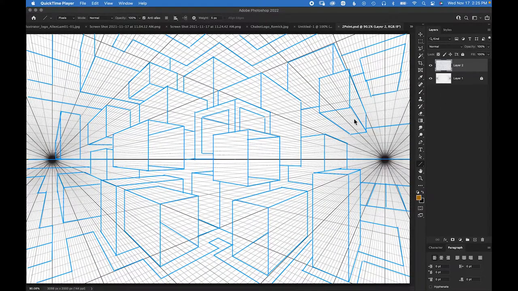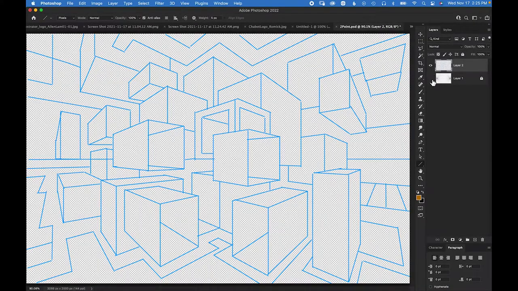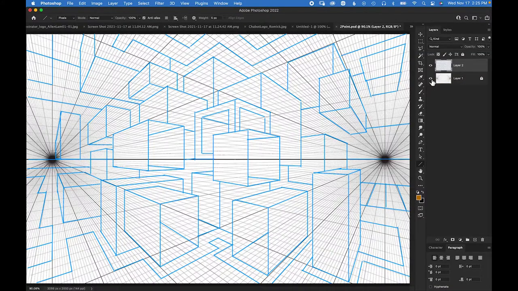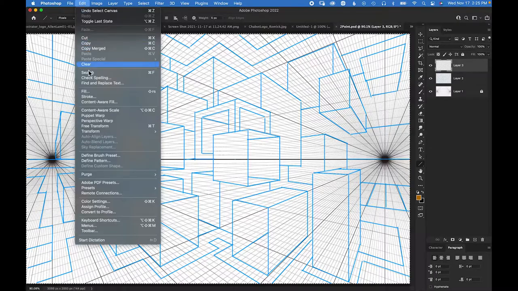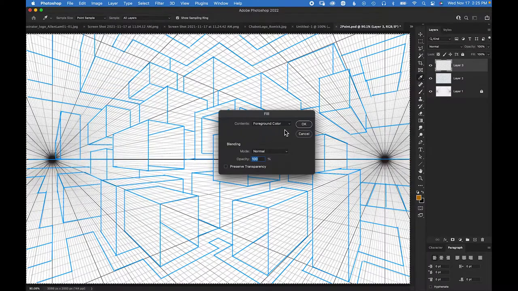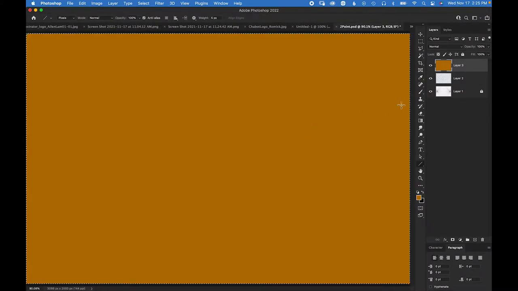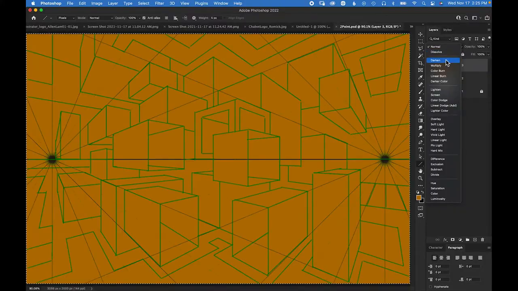I have my two layers. I combined my layers, so it kind of looks like this. That looks good enough for what I'm going to play around with now. I'm going to create another layer and fill it. I'm going to select it all, and then come under fill with the foreground color. I've selected a brown, tan, orange, and then I'm going to hit darken so I can see